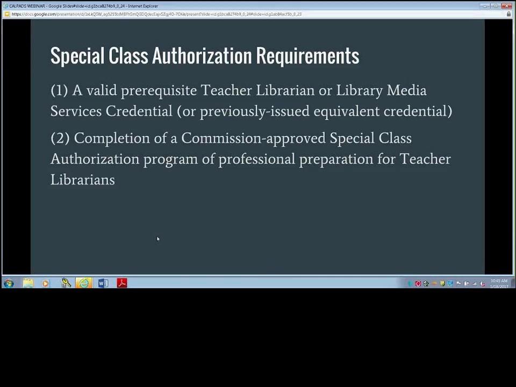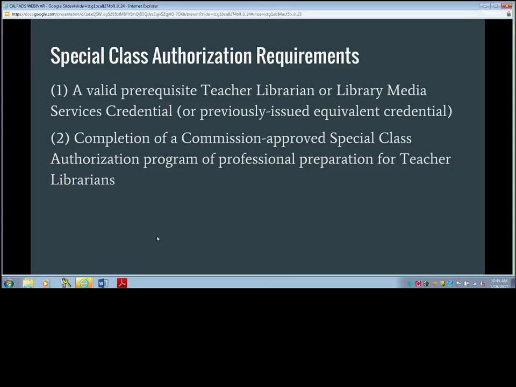According to our credentialing specialists in HR, none of the 4 librarians currently employed in our district have the credential. Can they still be reported in CalPADS as teacher librarians, or will they have to complete this certification? The answer is that if they do not meet the credentialing requirements that are required of teacher librarians, they should not be reported in CalPADS.